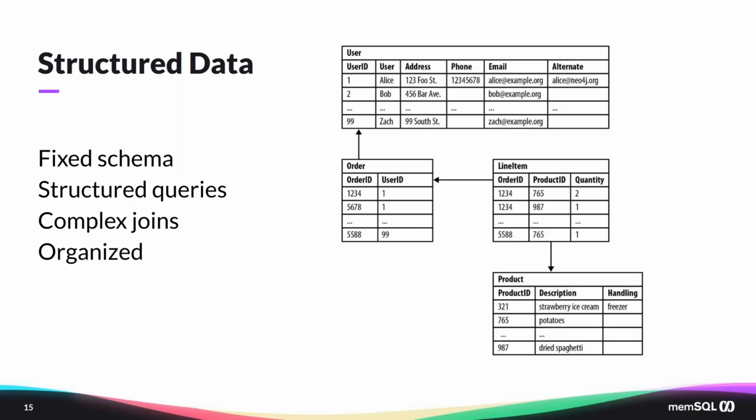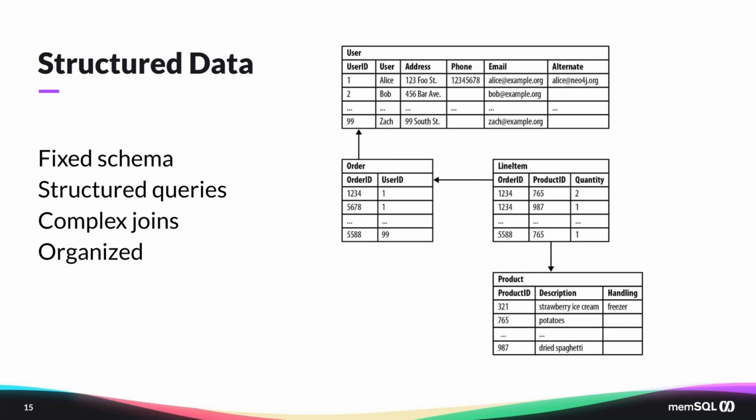Before I dive into JSON, we should talk a little bit about structured versus unstructured data. Here I've come up with an example of structured data. You can see that the data fits neatly into tables with fixed fields and columns. It has a fixed schema and allows SQL queries to be executed for complex joins. In this example here,